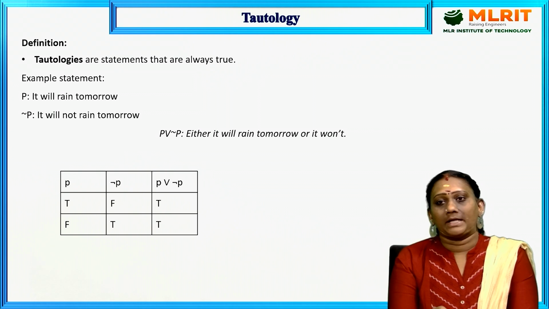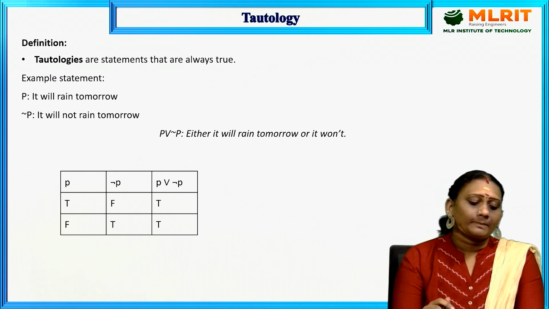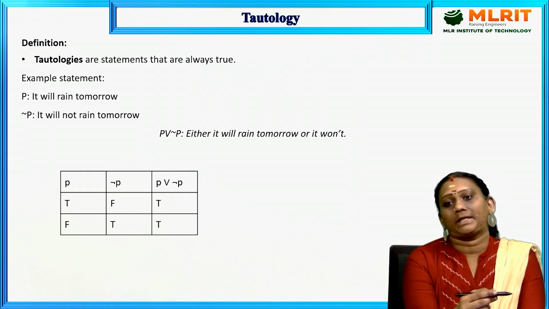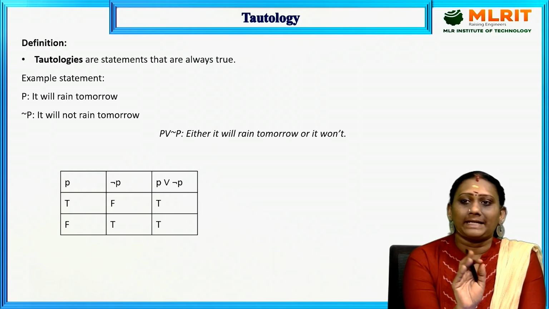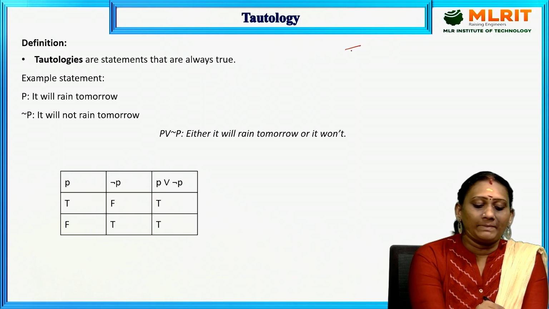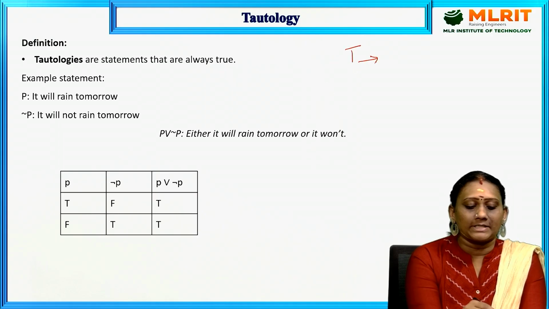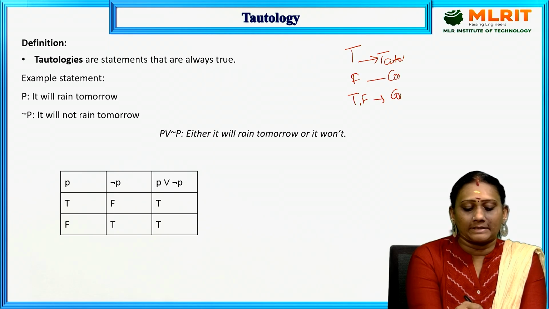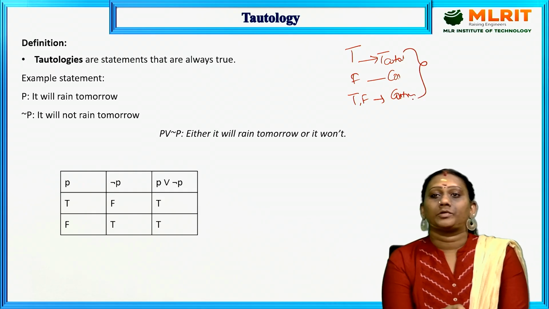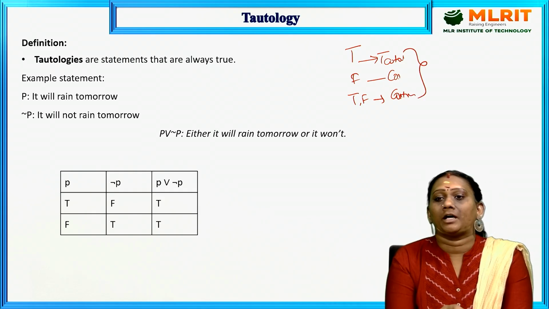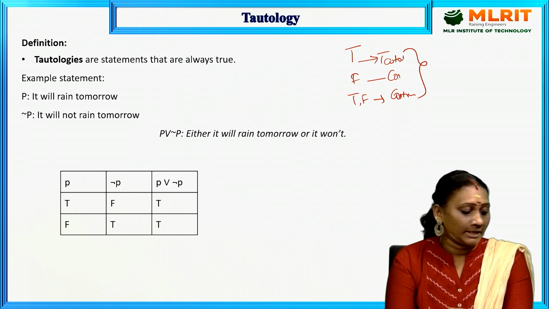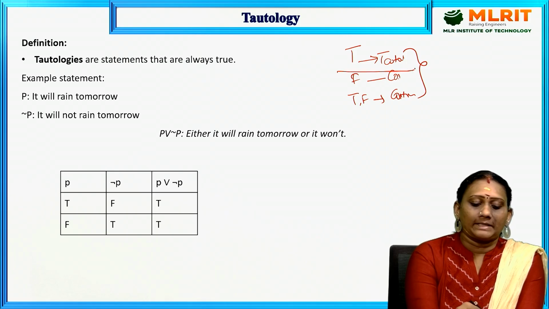Coming to the first topic, that is tautology. When we check the correctness of a combination of statements, three types of outcomes exist. Completely true, which we call tautology. Completely false, contradiction. And a mixture of true and false, which we call contingency. These are the three possibilities we will face while analyzing different types of statements in our data set. Coming to the first one, tautology.